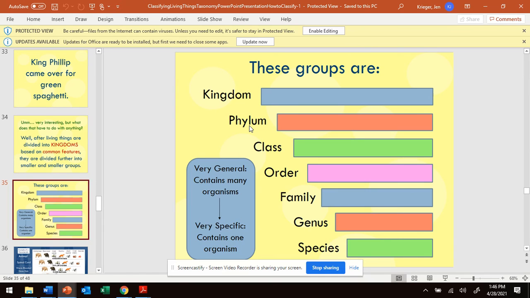Phylum is our next group. Okay. And you notice it's getting smaller and smaller. So King Philip represents the word phylum. Came is next. That represents class, then order, then family, then genus and species. So very general, contains many organisms. And as we keep getting down into these subcategories,